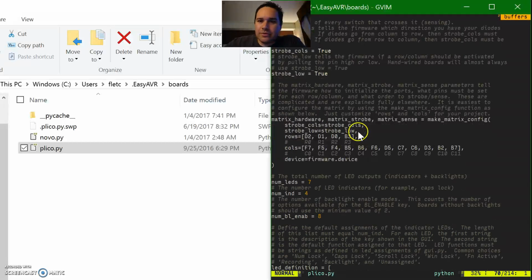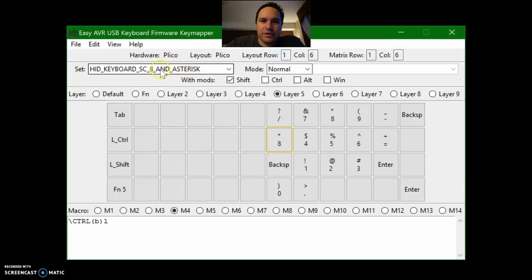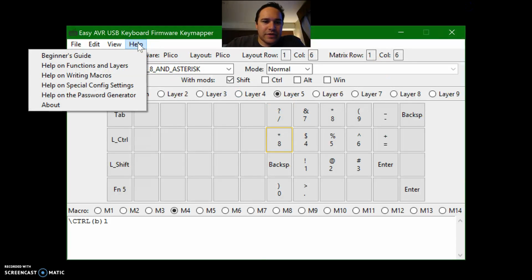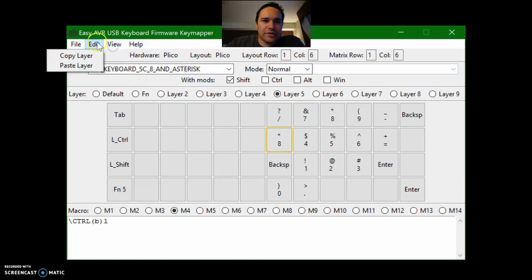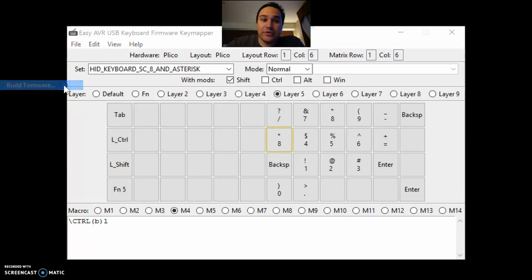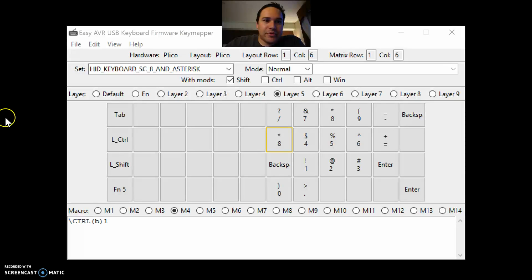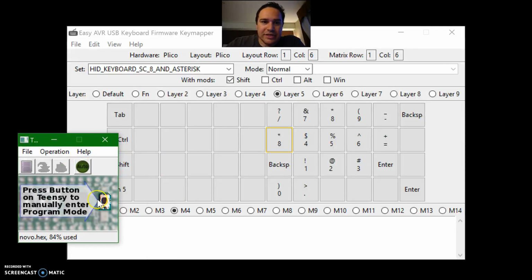So, I hope that's a quick enough introduction. I'm running out of time, so I'm just going to kill another 30 seconds while I try to remember what it is I forgot. So once you get something saved, you will build the firmware, save it as a hex file, load up your Teensy loader,